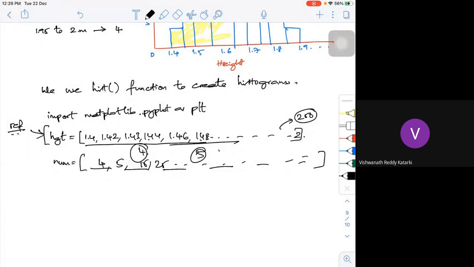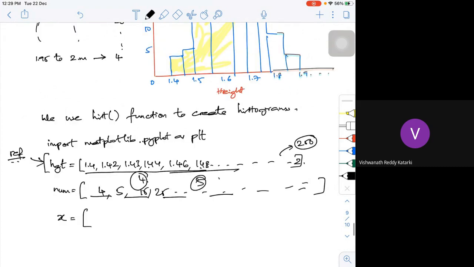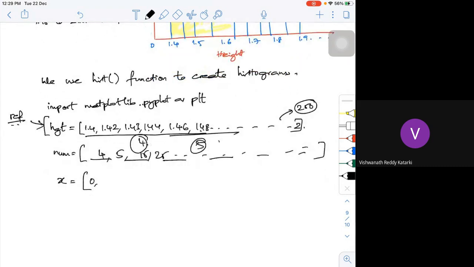Now what you want to put on the x-axis, I can put it as x. I can start with 0, maybe 1.0, 1.1, 1.2, 1.3, like that I can go up to 2 meters, whatever it is, on the x-axis.